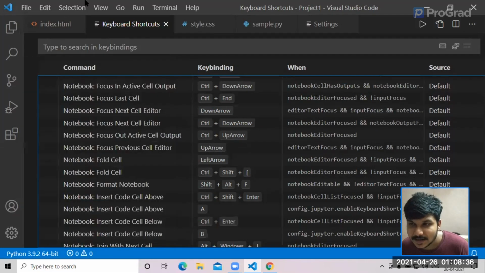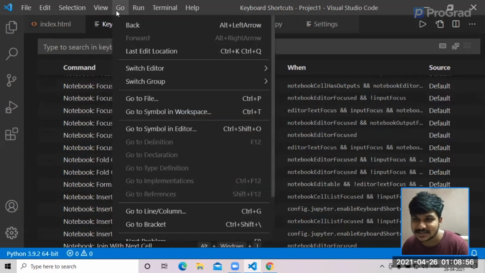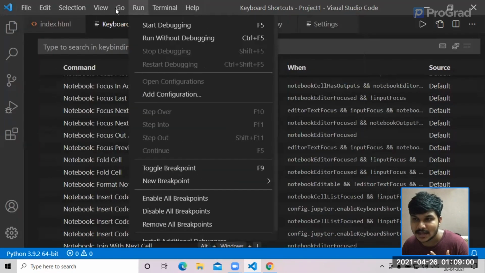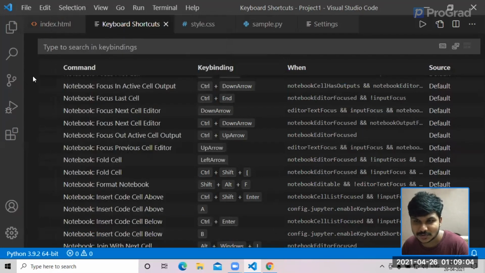And yeah, as you could see, you can obviously go ahead and click view. So these 5 things are the same things which you see here. So this is explorer, and this is also explorer. This is search, and this is also search. This is source control, and this is also source control, and this is the respective shortcut. This is run, and this is also run and debug. This is extension, and this is also extension. So basically everything which you do with the shortcuts will also be available in the panel here. You can obviously go ahead and search and see how it actually works and what you should actually do.